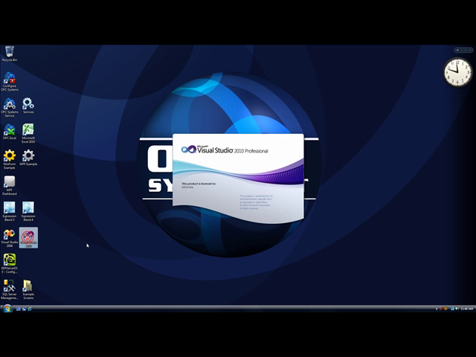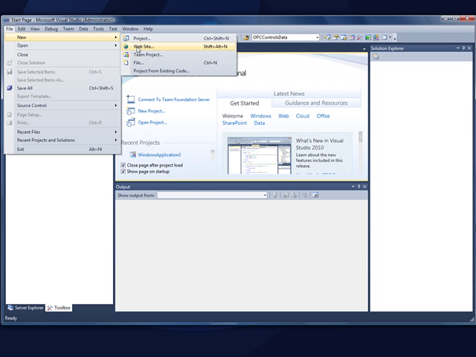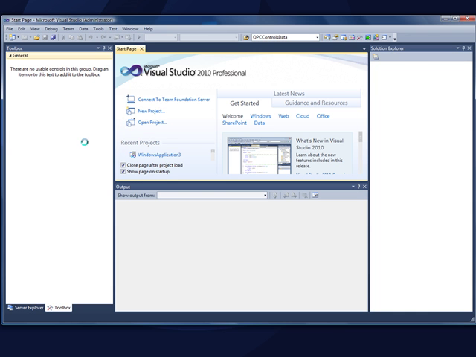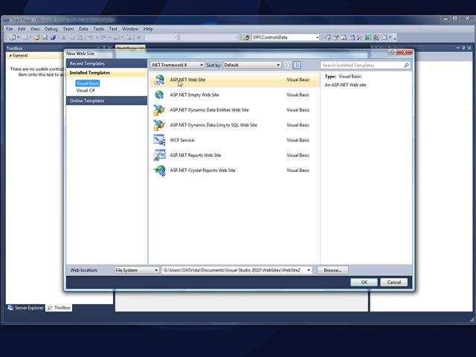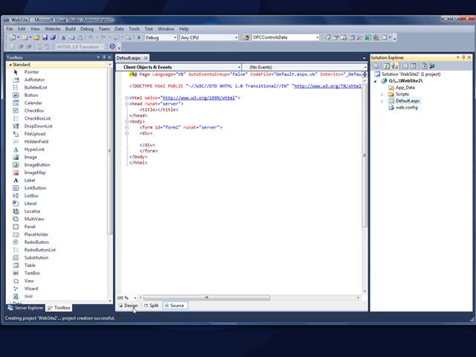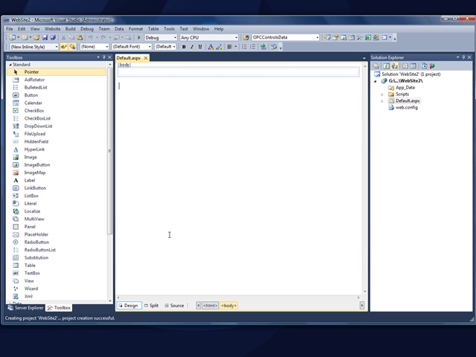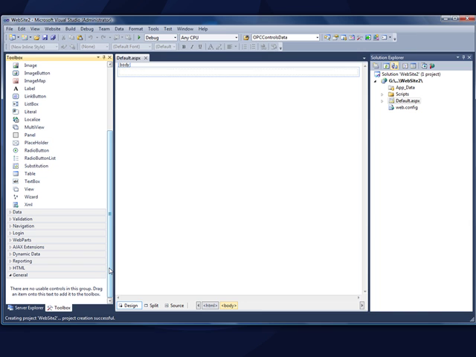Next, we'll use Visual Studio to create an ASP.NET web application. We'll select File, New, Website, or ASP.NET Web Project. I'm going to set the target framework to 3.5. That's more common than the 4.0 framework. And choose an ASP.NET website. The default page appears, and first what we're going to do is drop an OPC Web Refresh control onto the